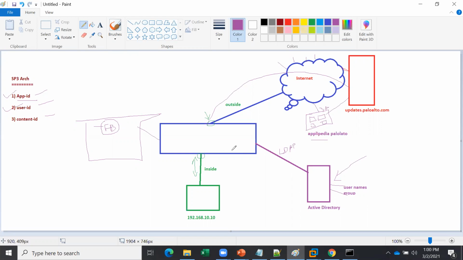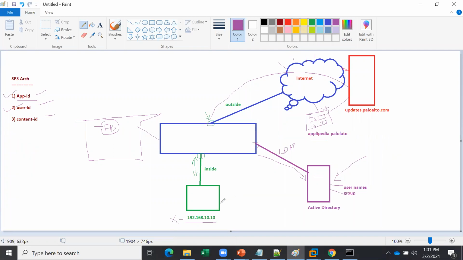Okay. So we have checked that while integrating app ID, integrating LDAP, we need to create one user ID here and give our firewall the rights, saying that this firewall can come here and read the security logs of this particular server. And what does the security log contain? Let's say this user, his IP address is here, right? So some X user is sitting here, and his IP address is this one.